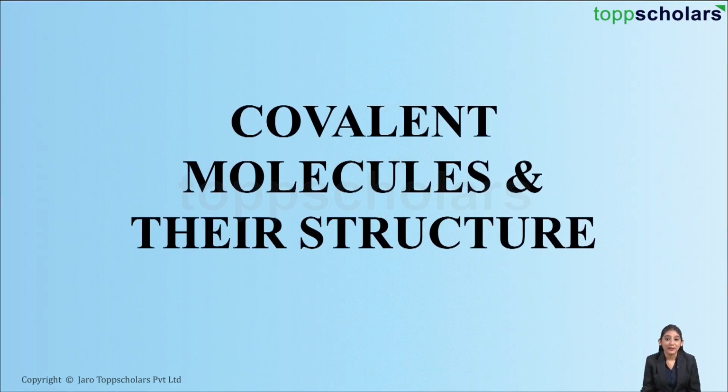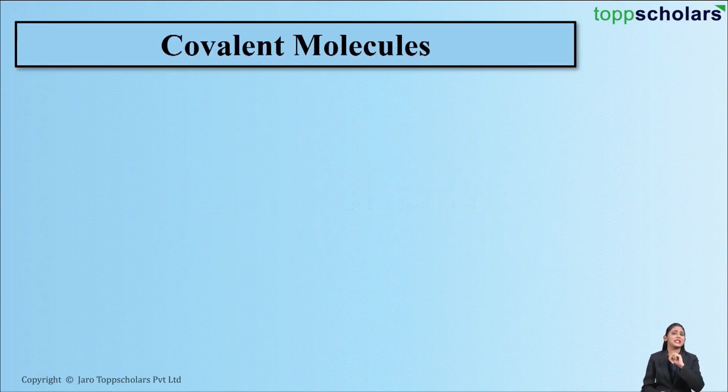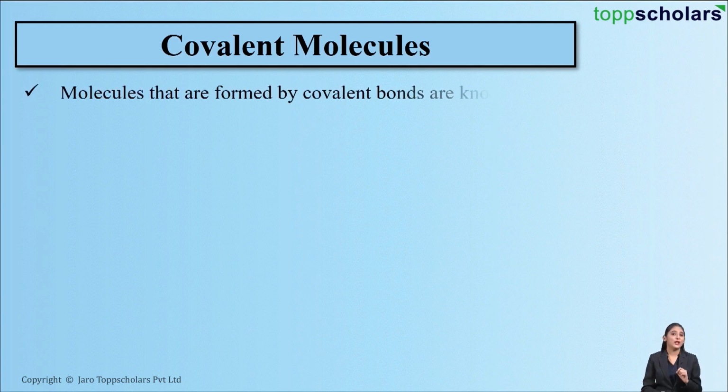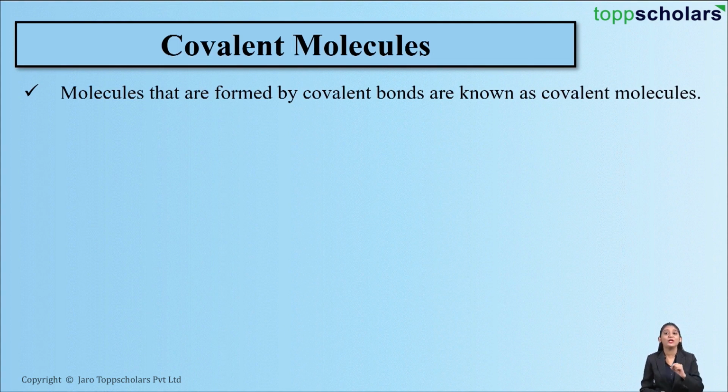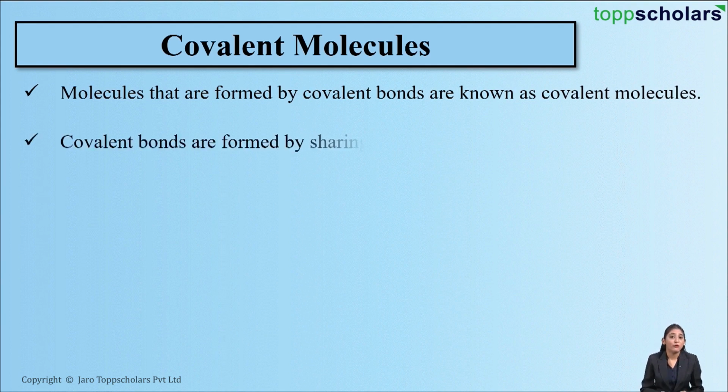Today we'll be discussing covalent molecules and their structure. So friends, let's first start with what we mean by covalent molecules. Covalent molecules are formed by covalent bonds. So molecules which contain covalent bonds are called covalent molecules. Now friends, these covalent bonds are formed by the sharing of electrons. So remember, covalent bonds are formed by the sharing of electrons, and molecules containing these covalent bonds are called